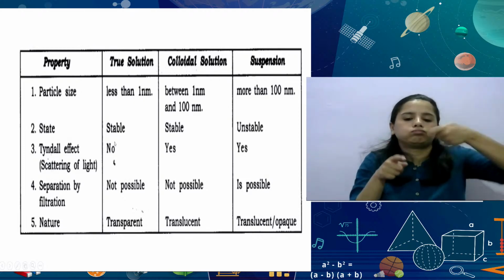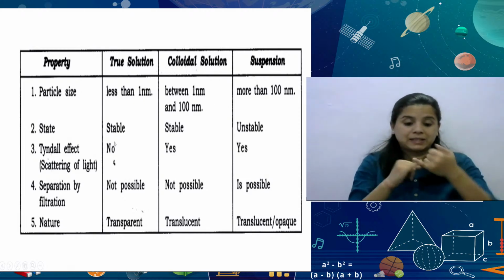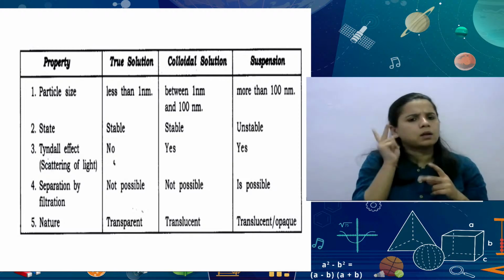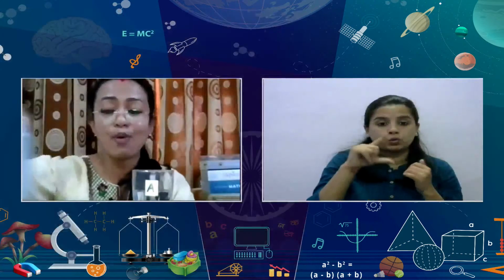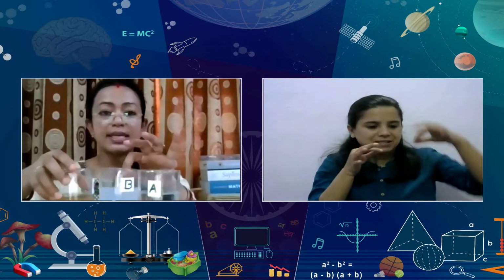Now, when it comes to state, it means whether it is stable or unstable. I would just like to again see this was a solution. Whatever was the color before and after is absolutely the same. Now, what happens in this case, if you see